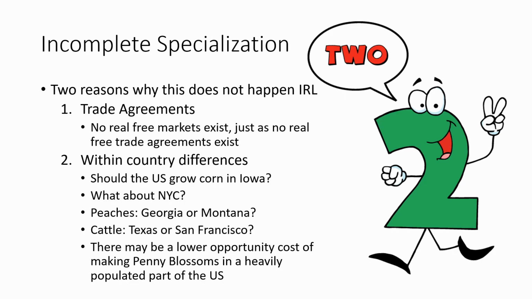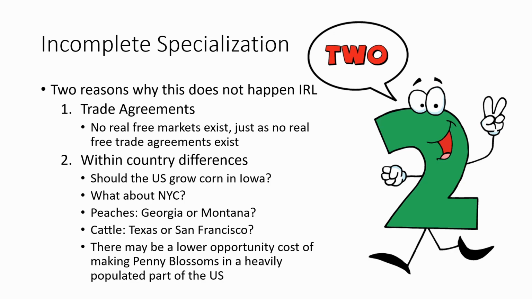Should we grow peaches in Georgia or Montana? Right, they both have a lot of fertile land, but Georgia has a better climate for peaches, so maybe we should just grow peaches in Georgia and do something else in Montana. Just like, should we raise cattle in Texas or San Francisco? Well, West Texas is great for cattle grazing, and San Francisco, just like New York City, has a lot of very valuable real estate, and cattle take up a lot of land, so it's probably better to raise cattle in